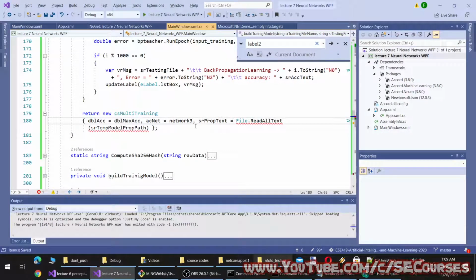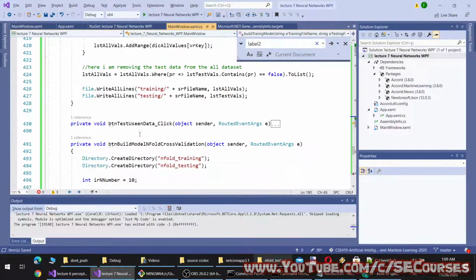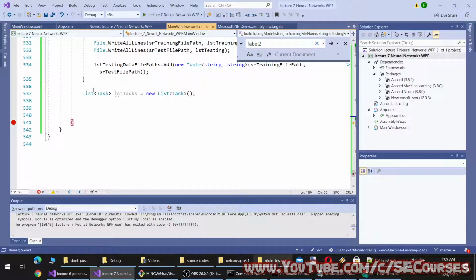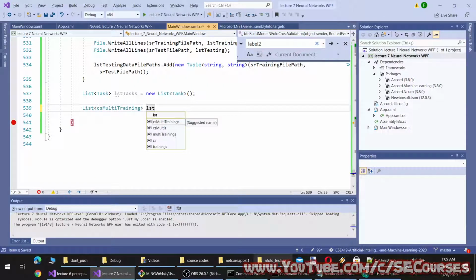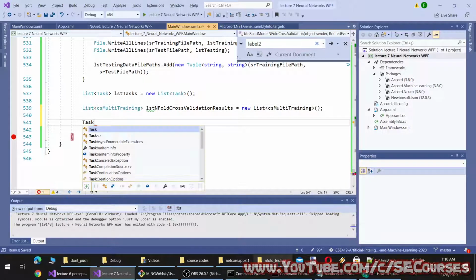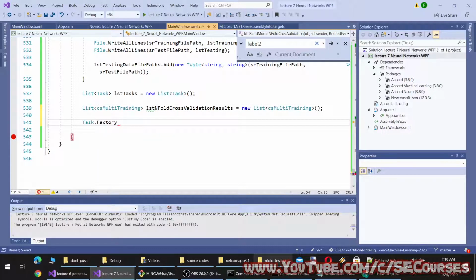Okay, so simply we will have a list of our custom class, fold cross validation results, like this. Then inside Task Factory, start new.